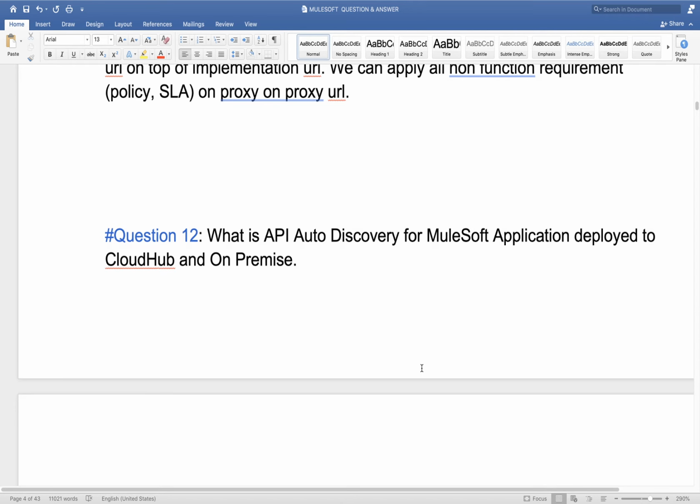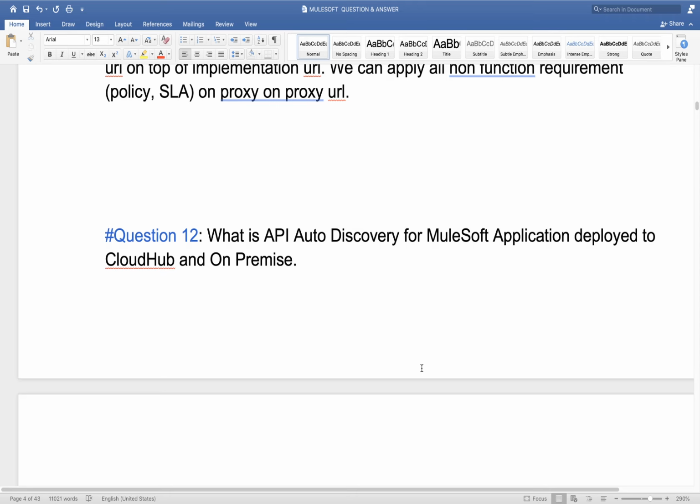Everyone should be familiar with this. In the CloudHub deployment model, we have API Manager where we apply policy and all the non-functional requirements like policy, SLA, and other things. And we have Mule runtime where we deploy our Mule application code.